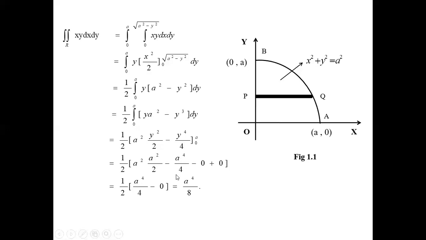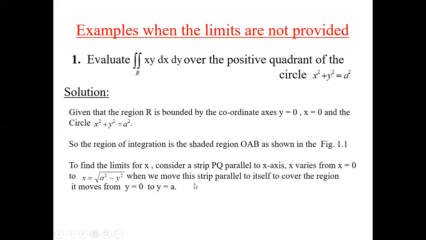So this goes on this side, that becomes equal to 1 by 2 into a raised to 4 upon 4 minus 0. Then this is equivalent to a raised to 4 upon 4 into 2, equal to a raised to 4 upon 8. So therefore a raised to 4 upon 8 is the evaluation of the double integral xy dx dy